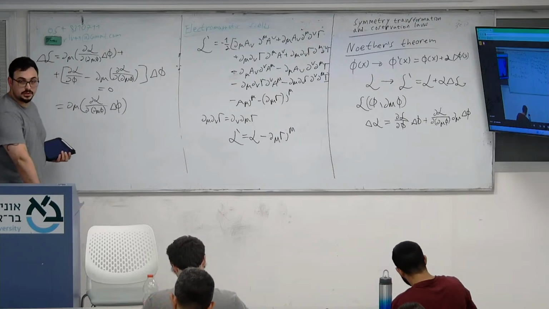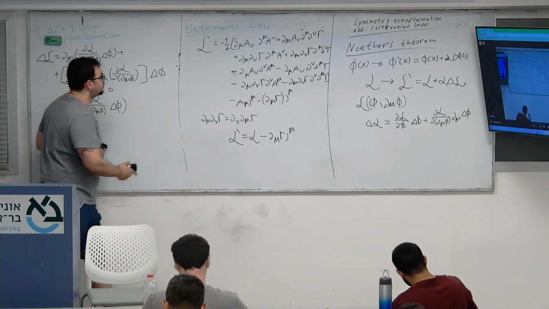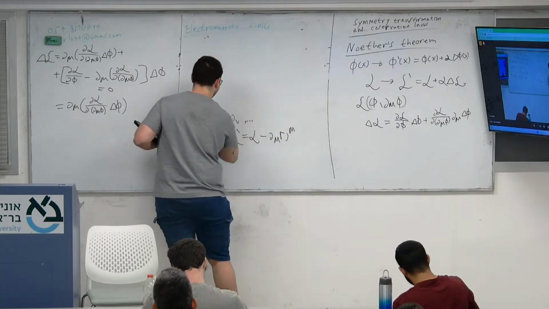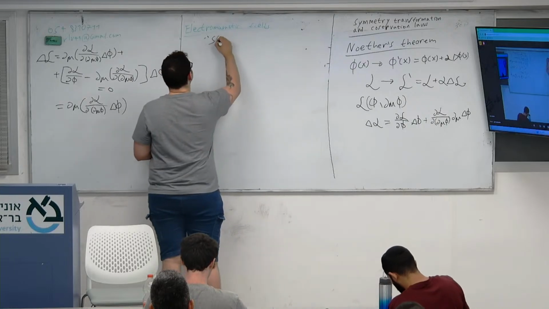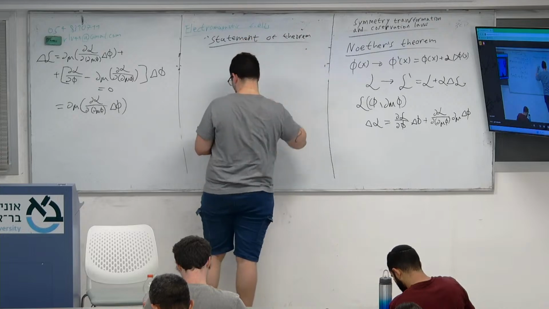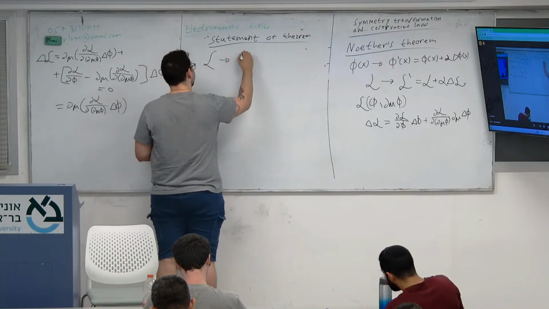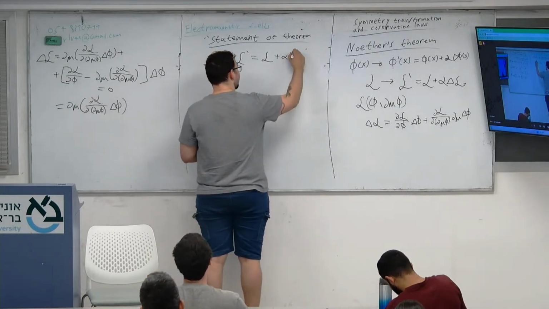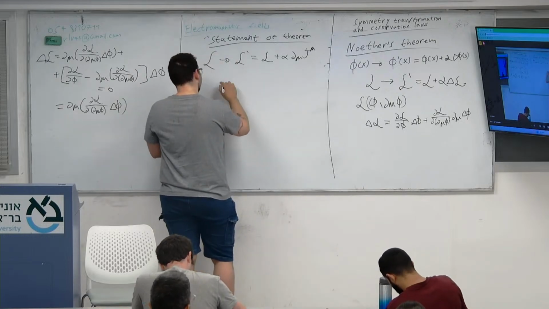Okay. So now the statement itself of the theorem. The statement says if we have a change in the Lagrangian by up to something that's equivalent to a four-derivative of some general function, ∂_μ K^μ,